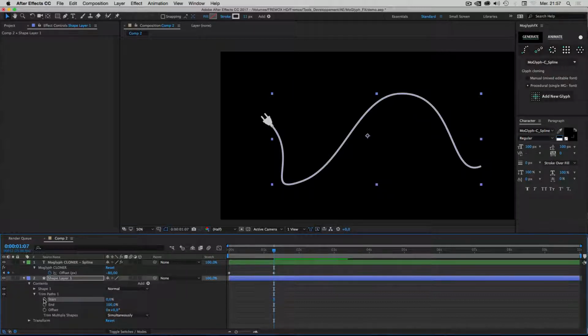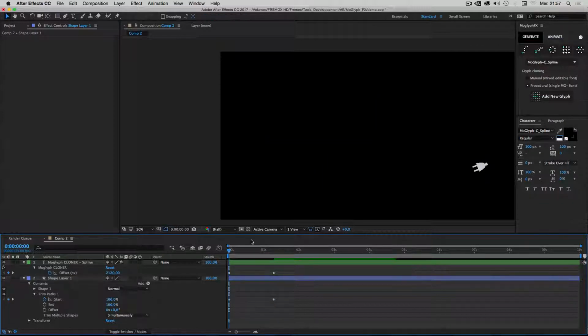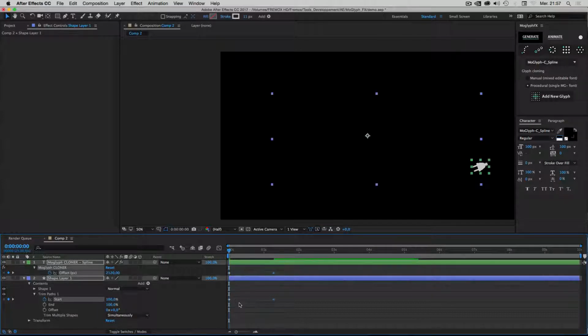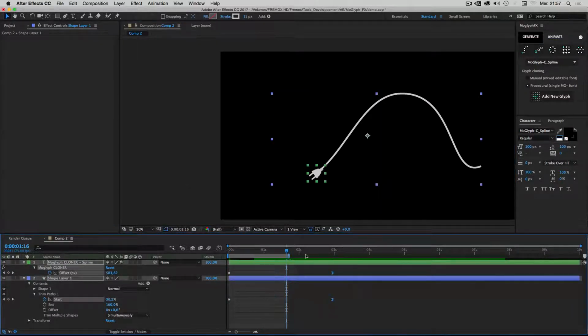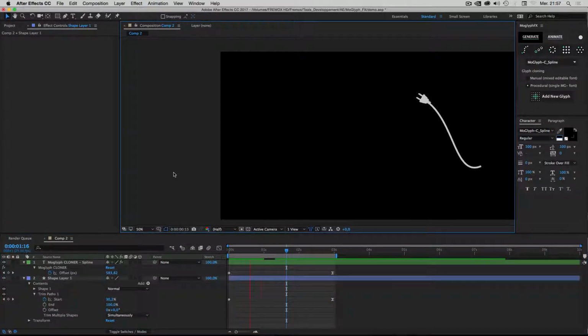So I can do a keyframe here on the start and animate it like this, and now you should be able to see a nice animation, which is pretty cool. So you could do it really easily with a new CC